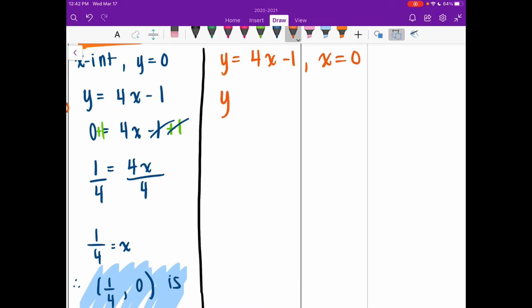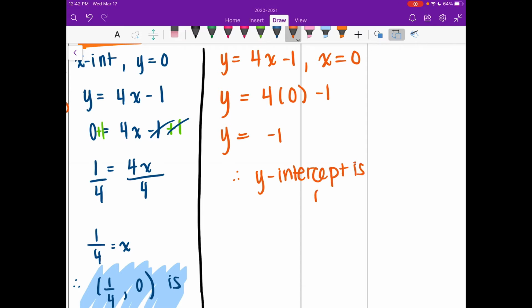So y equals 4 times 0 minus 1, just plugging in the 0 for the x. Y equals 4 times 0 is just 0, minus 1 is negative 1, right? So therefore, the y-intercept